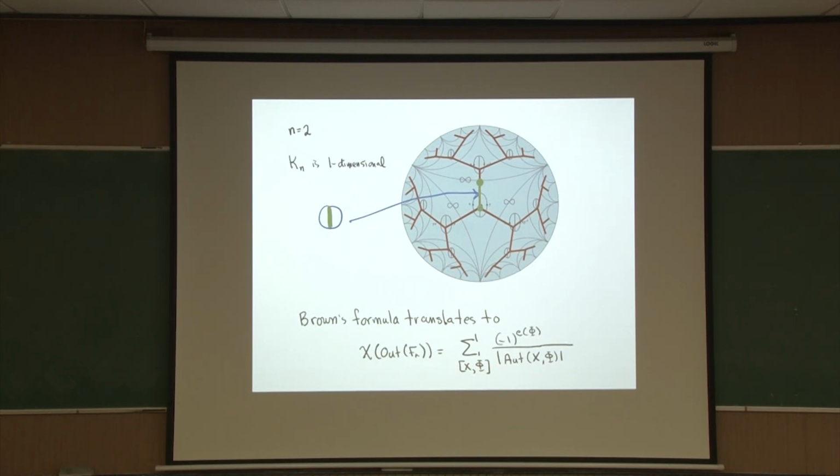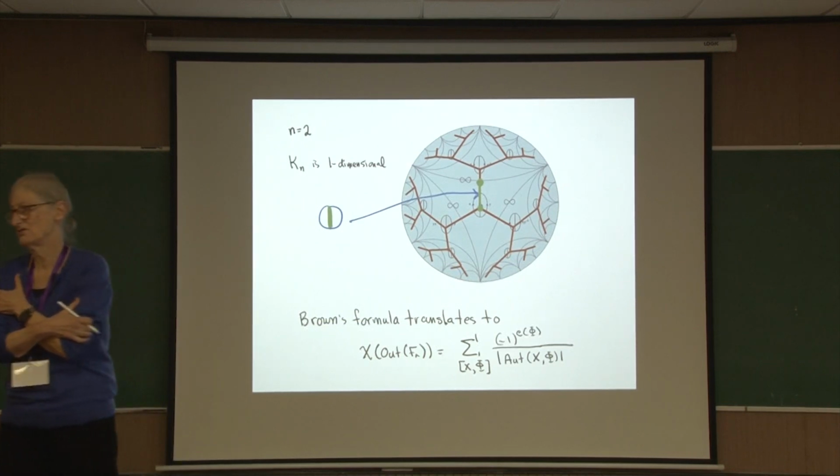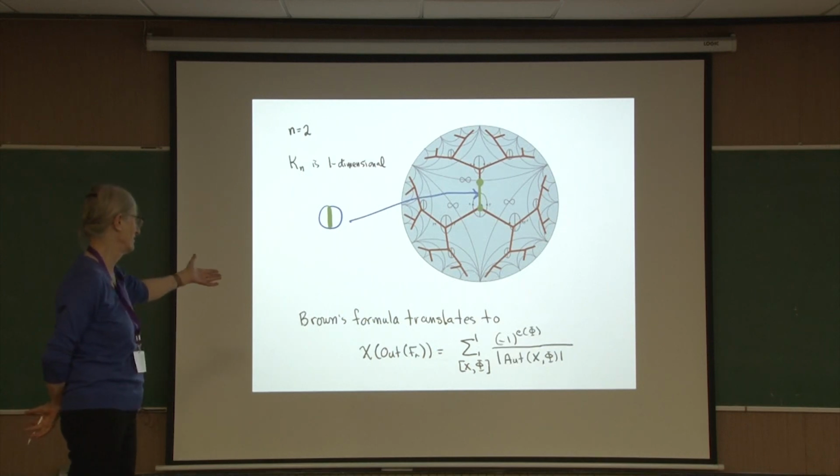a one-dimensional cube. If I shrunk 2 edges, I would get a 2-dimensional cube. If I shrunk 3 edges, I would get a 3-dimensional cube. So this spine is always a cube complex, and Brown's formula translates to, if I want to compute the Euler characteristic